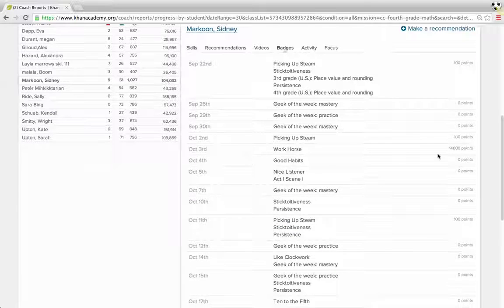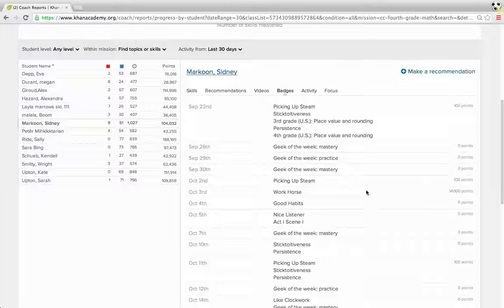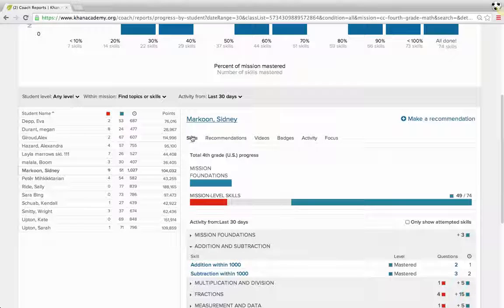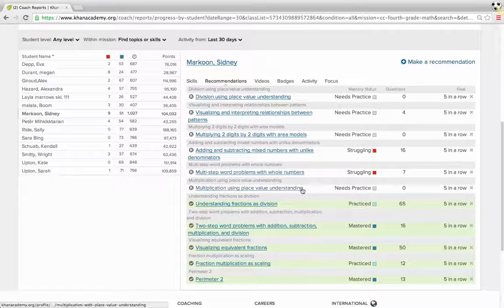These are all badges and how many points you get for each one. So that was that one day where she had a ton of points. She earned a workhorse badge where you need to do, I think, 50 skills mastered, and then you get a big bump in points. The badges are more, I think, for the kids. They're a motivating factor. That doesn't tell me too much. I get more information from the things that I've just shown you. The activity is particularly important, and the skills,